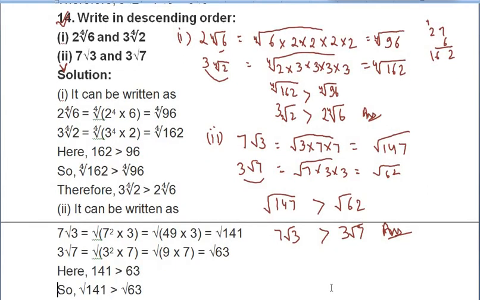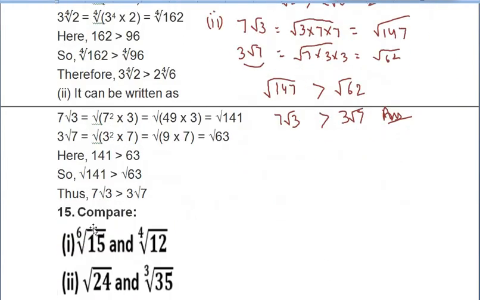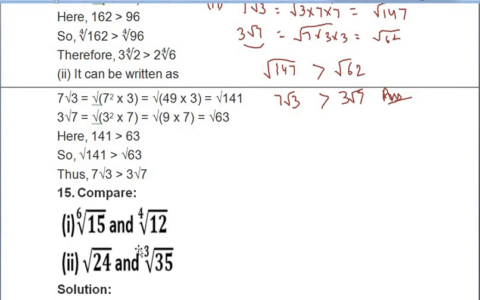Now see what is the next question given here. Next question is given here, compare. You have to compare among these that which one is greater or which one is smaller. So let us see how we can compare. We can compare only in one way, when these power, this under root number should be equal. So we have to make these numbers equal, then only we can solve it. So to solve it, first of all we need to find out the LCM of this one.